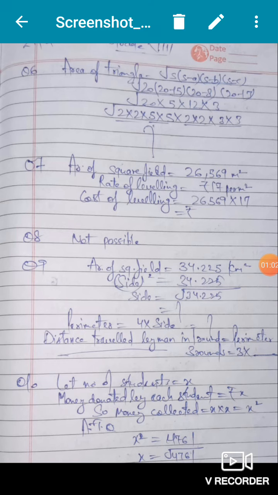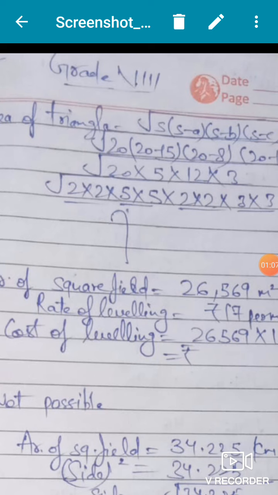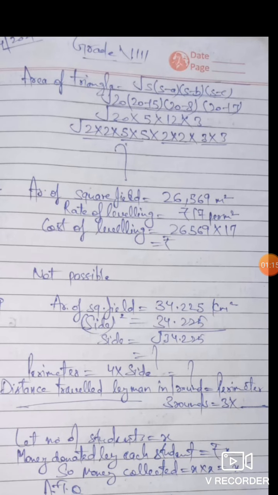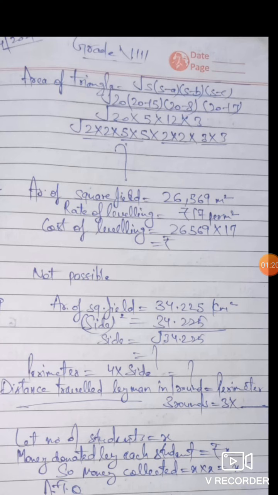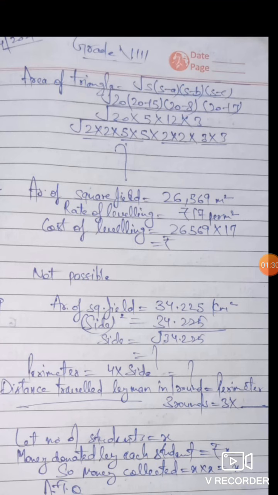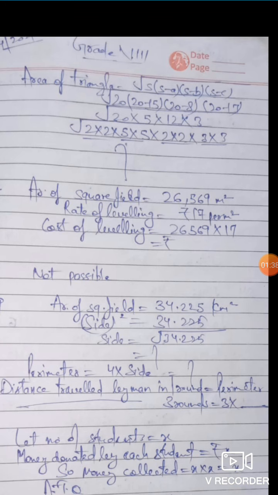The s value is 20 given, then a is 15. So here you can see the values I have put. Then 20 as it is, 20 minus 15 is 5, 20 minus 8 is 12, 20 minus 17 is 3. Now two methods are there, like 20 multiply 5 multiply 12 multiply 3. One is we can find the product of all these numbers and then find the square root. But if you remember, what is the method of finding square root? If any number is given to us, how will we find the square root?